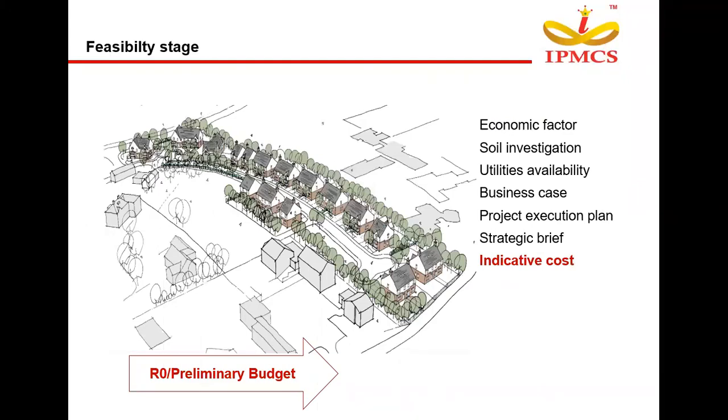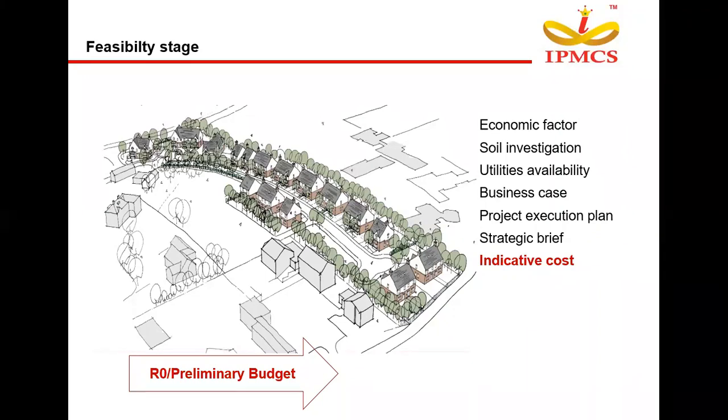So first we'll start with the feasibility or the planning stage or the initial stage of the project. At this stage, the first category a company will be looking at is the economic factor of the organization. When an organization is planning to start a project, they will be looking at whether the organization has a proper fund or budget to execute the project, and whether they have ample resources for execution of the project and to work for the project.